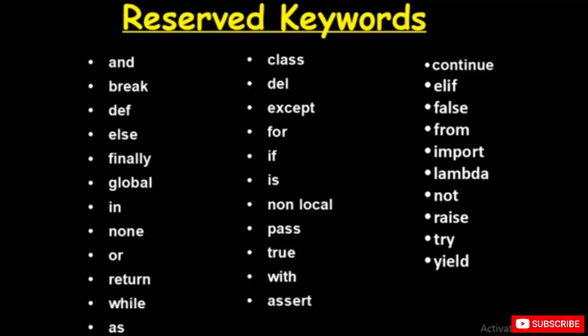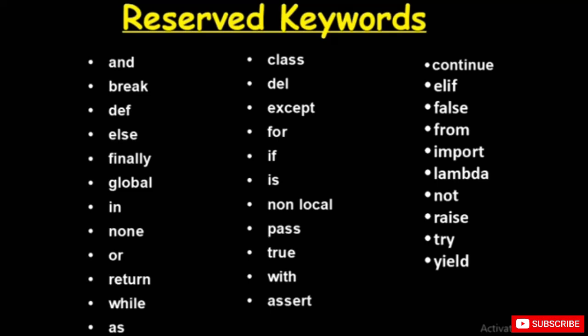Now there are some reserved keywords that we cannot use as a variable, because if you could use everything as a variable, that would be more like XML instead of Python or another programming language. Something must be there for the language to understand the meaning of what we are trying to create.